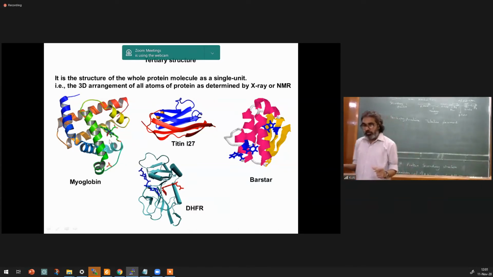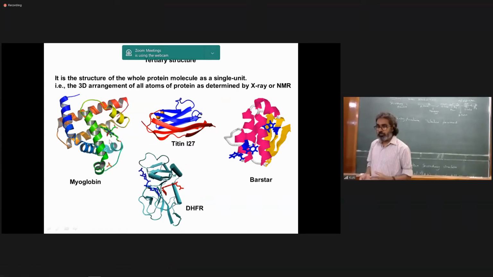Okay. Sir, I have a question about what you said. Wait. So the individual helices are alpha helices. You know their properties, but how they are positioned with respect to each other gives rise to the unique protein structure. Now we call this the protein structure of myoglobin. Unless you place all these helices in this relative placement, we do not have a myoglobin structure. You can't really place them randomly.